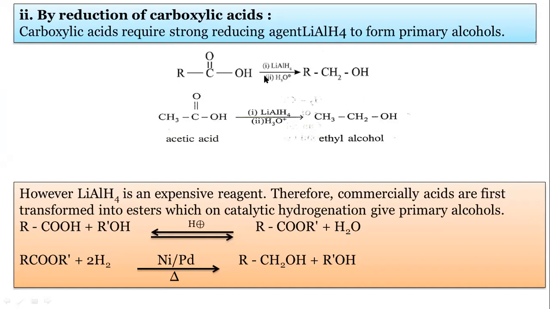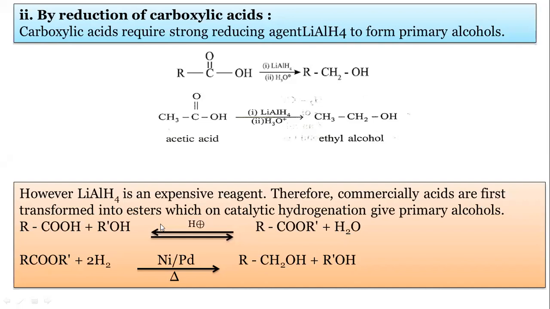Lithium aluminum hydride is a very good reducing agent which has the capacity to reduce the carbonyl group, CO, into CH2. See here in this example, CO is converted into CH2 and we get ethyl alcohol. As I explained, lithium aluminum hydride is an expensive reagent. Therefore, commercially